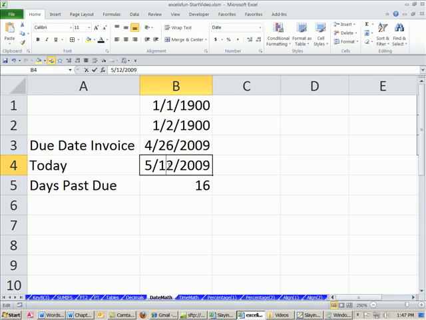And what's beautiful about this is as the days go by, right? So it's the 12th today, but maybe it's the 19th later on. That formula is just going to update perfectly. And for doing invoices and loan documents and things like that, just amazing. All right, let's look at